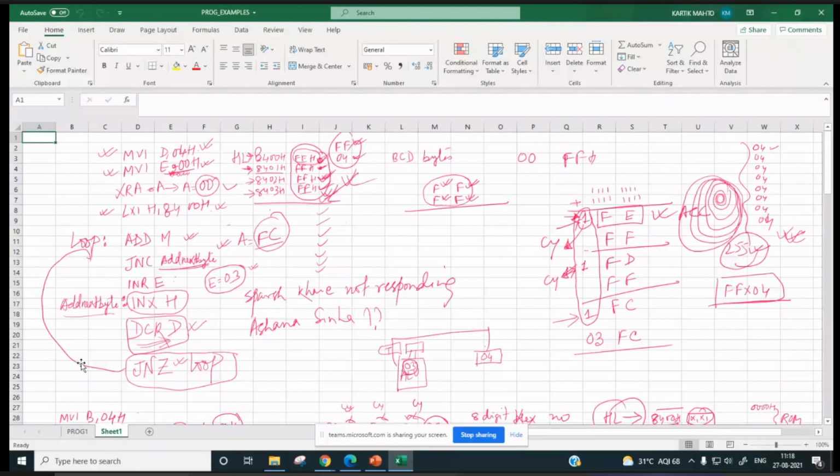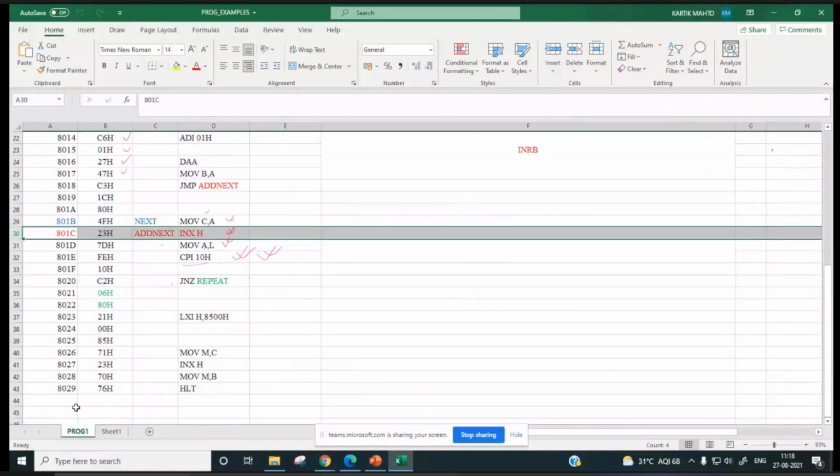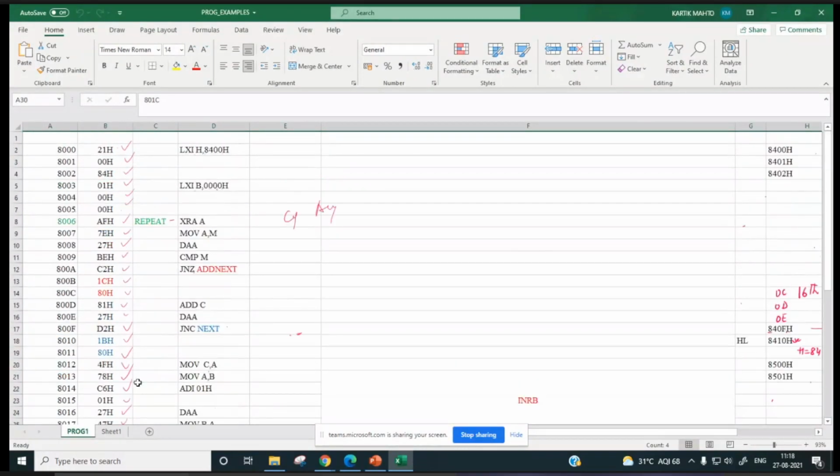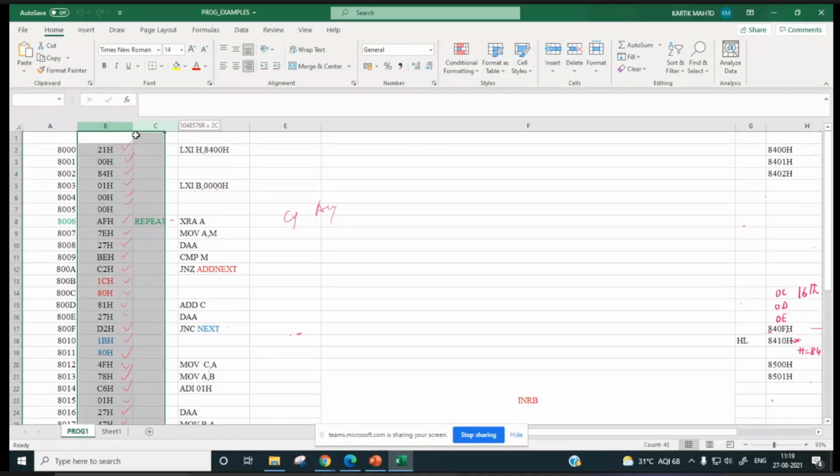Okay, this program we discussed in the last class. Before that, we were discussing how to select BCD numbers and add them. So addition in BCD and all we discussed.